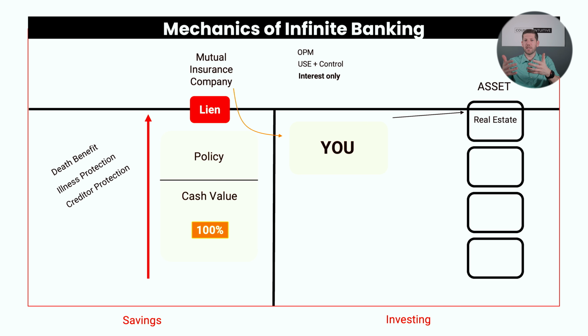You now use those funds. Keep in mind, yours is still in the policy compounding, and you're able to borrow from the insurance company's pool of money and go put it wherever you like and get that within a handful of business days. We put those funds, let's say, in real estate. That real estate should cash flow back to us.